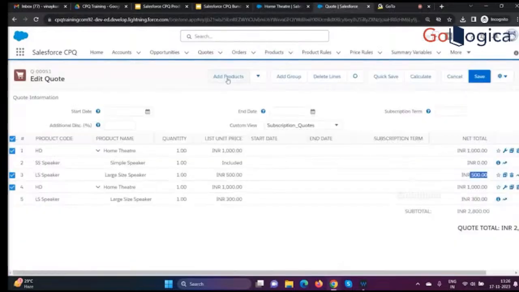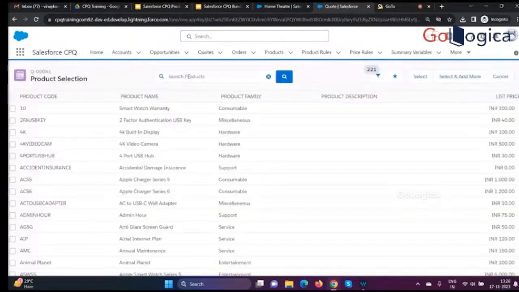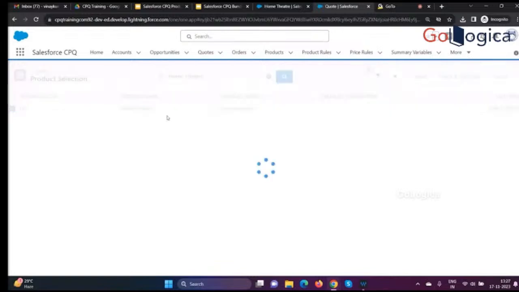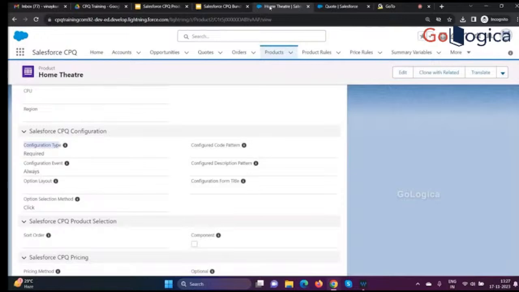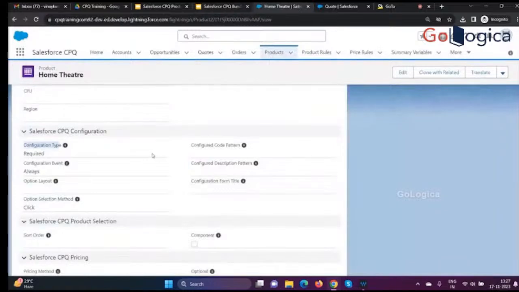Why we are using it? For bundle products, I want my user to choose what options they are willing to buy. Once the user selects the product and it is a bundle product, that is why I have kept it as allowed on the product over here. If I click on it,